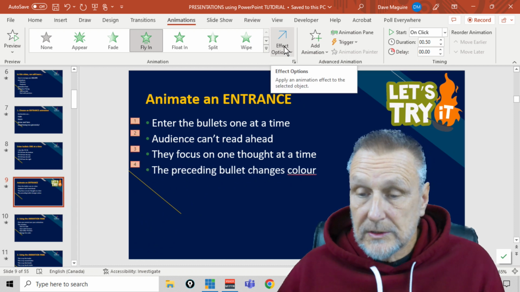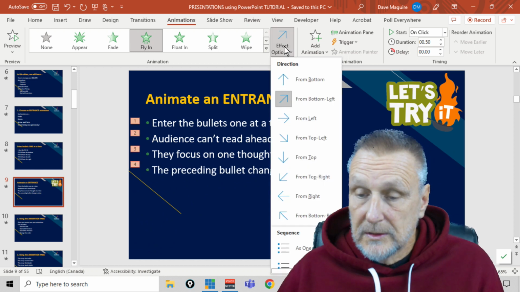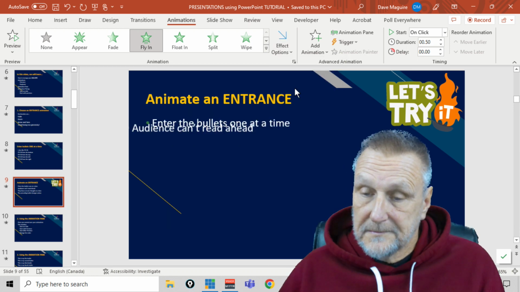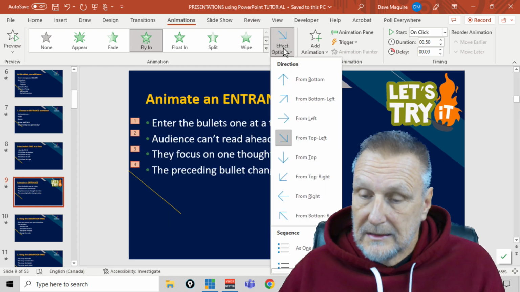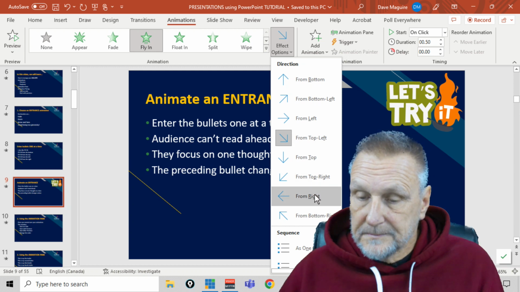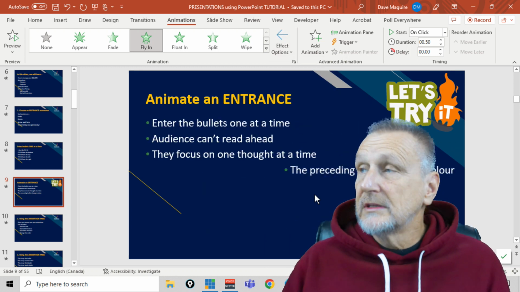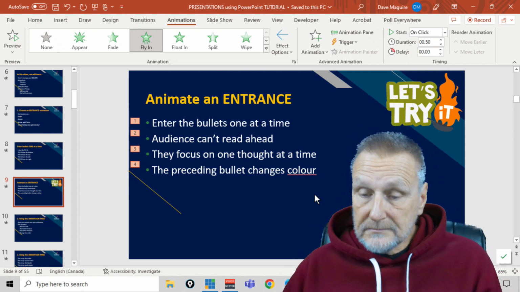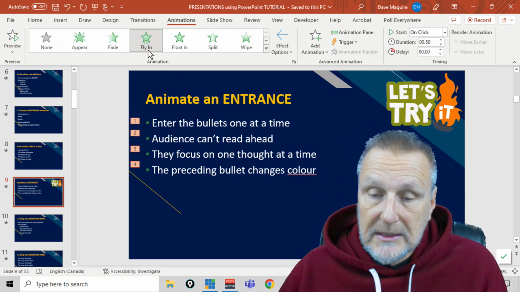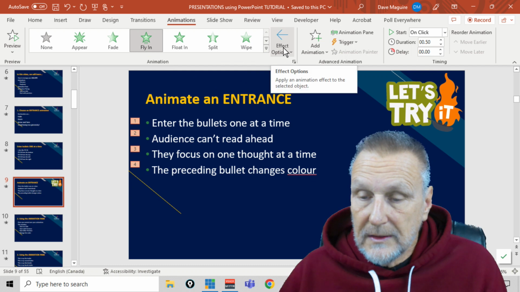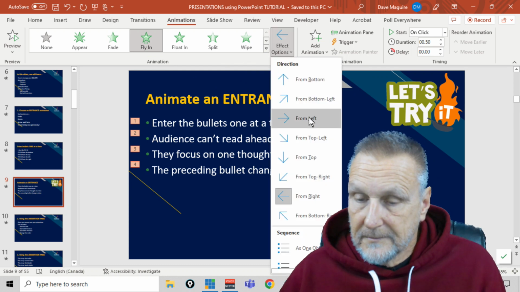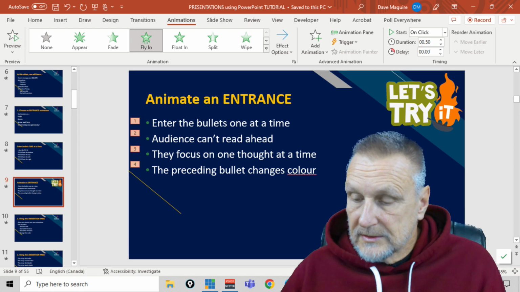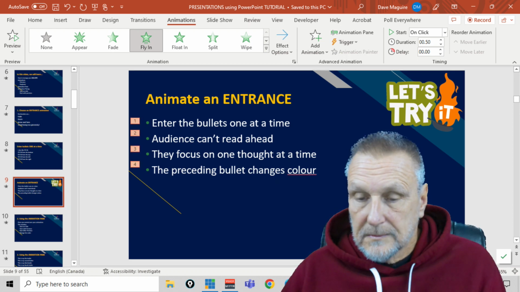And you see previews on your animations in your workspace when you select them. I can go from top left. I can come from the right. I use these different directions a lot with my images. So let's leave it at fly in from the, let's go back to the left. And so if I put this into my presentation,